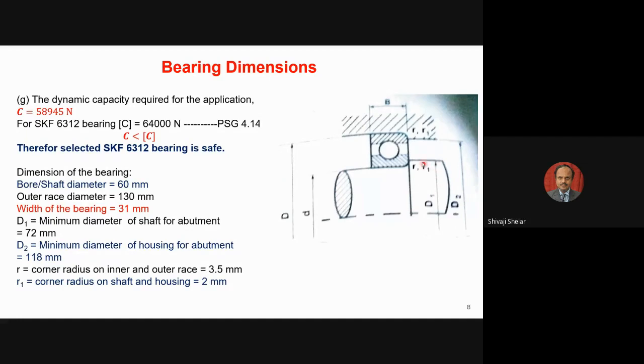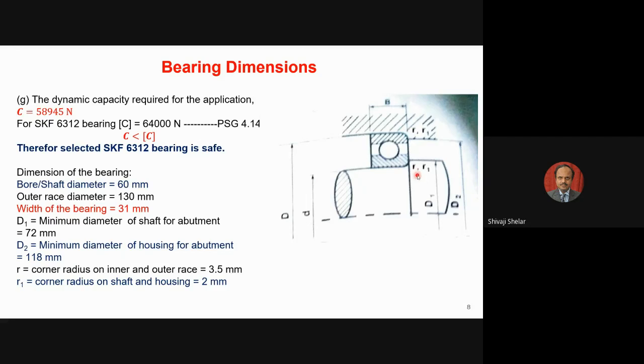If you don't provide this diameter, what will happen? There is a chance that under the axial load condition, this bearing will slide on the shaft. This should not happen, so there should be proper support. If this distance is small, then there is a chance that under the action of this axial force in this direction, the bearing may override and slip here. To avoid that, you require some minimum diameter here. That shoulder should have a minimum diameter of 72 mm. Then similarly,